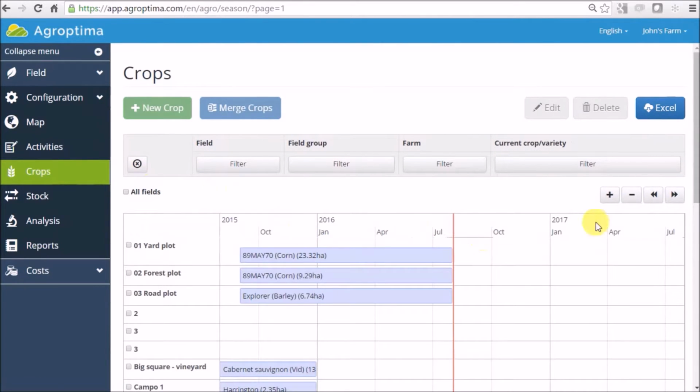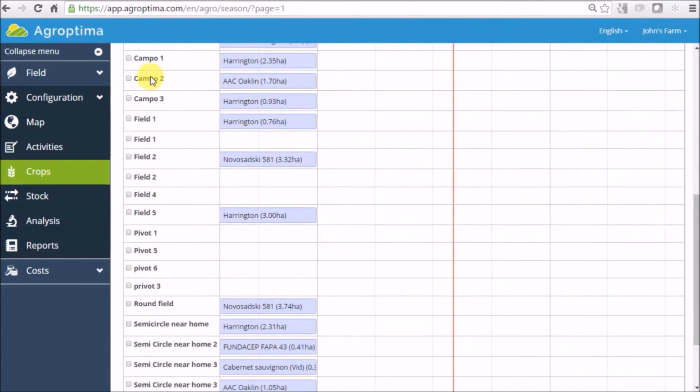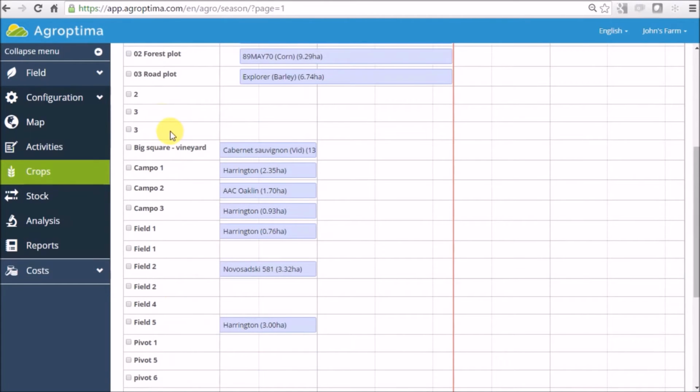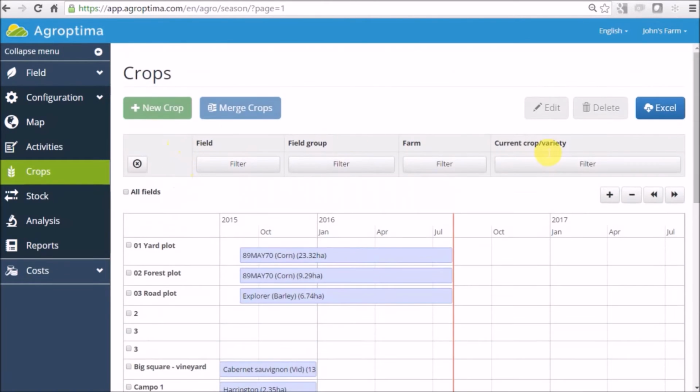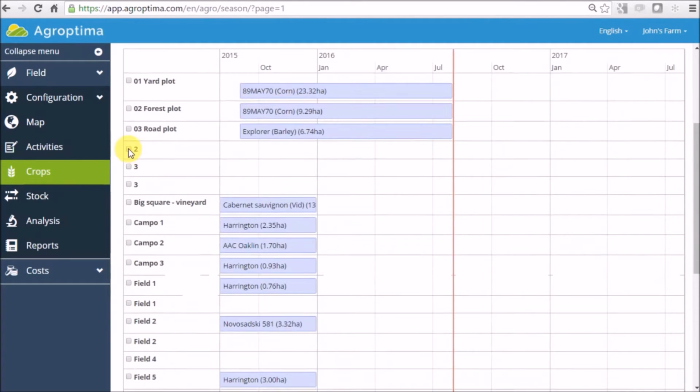As you can see here, I have a calendar. Here are all my different fields. I already have not only 3, but I have drawn many of them. And I can start setting up a crop for the different fields. For example, imagine that I'm going to set up a crop for these different fields. So I select the 3 of them,